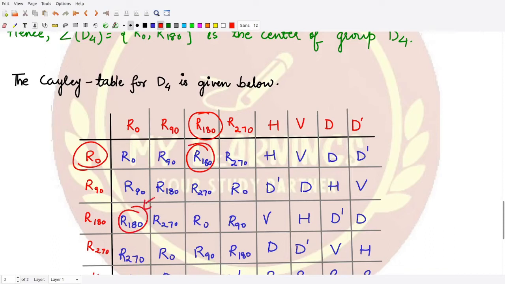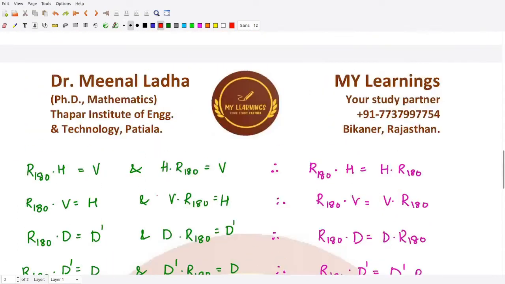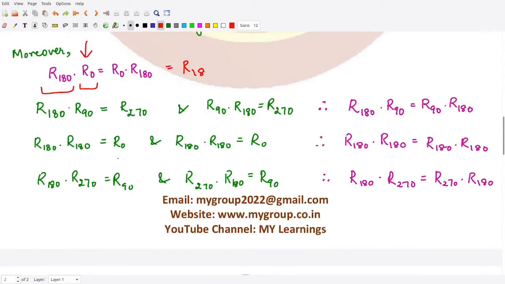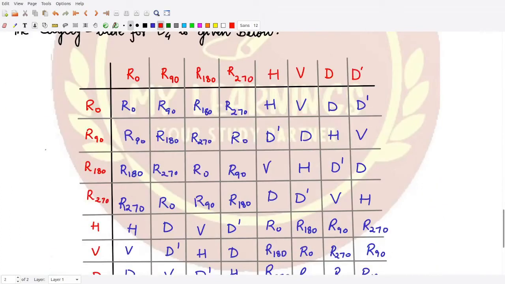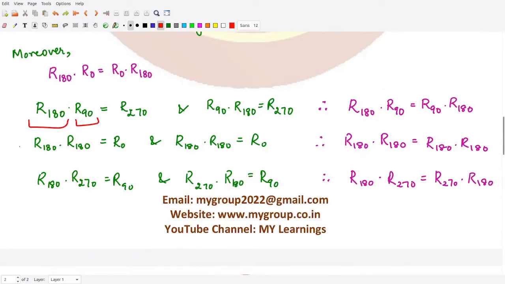So you see both of them match, so that means we have the commutativity here with R0. So let's see it with other elements as well. For the commutativity of R180 with R90, let's see what we have. We have R180 here and R90 here, so this is the answer. And moreover, we have R90 here, its composition with R180, that is also R270. So you see both of them are equal to each other, so therefore we have the commutativity in this case with R90. So that means this second step is okay.